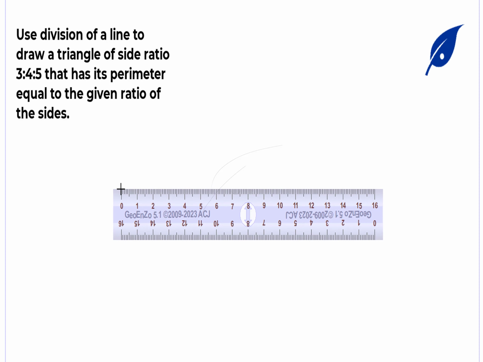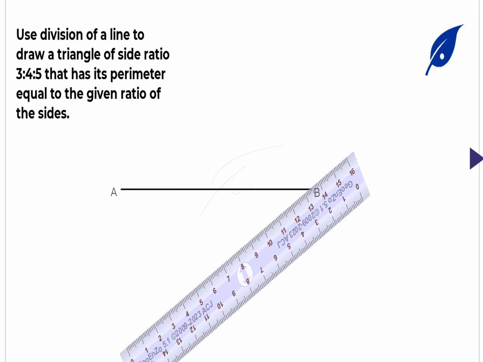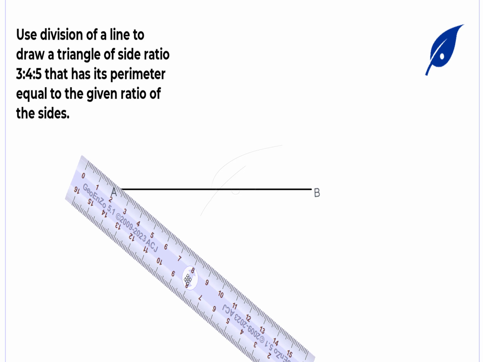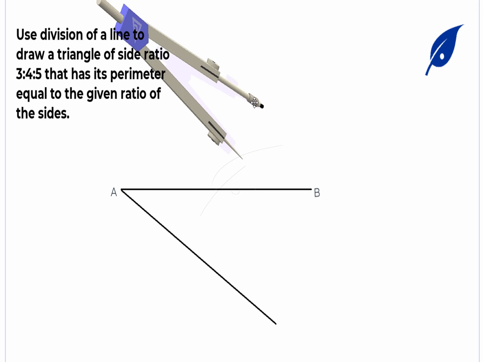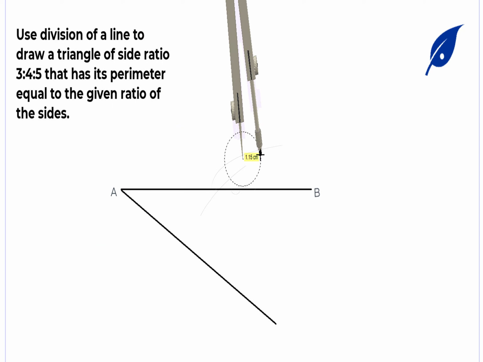Hi, you're welcome to today's tutorial, which is construction of a triangle using division of lines. So let's start. At this point, we'll draw a horizontal line using our T-square, and after drawing that line, we'll create an acute angle. A line that's less than 30, we'll draw it, but this one I'm using 30 degrees